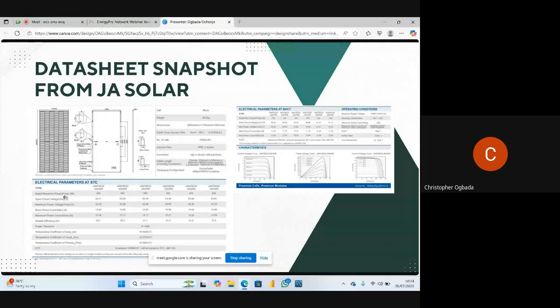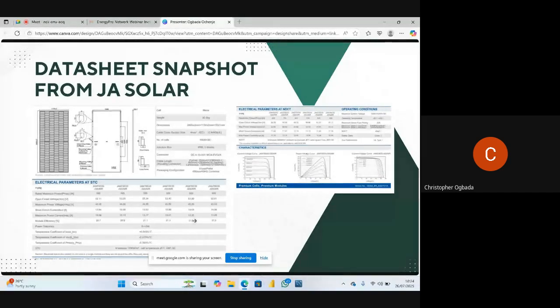Here, they've given you the rated maximum power for each of them. They've given you the open circuit voltage. They've given you the maximum power, which I've explained before, the short circuit current, the module efficiency. Look at it. The highest here for JSolar is even 21.6. No, this is not to say that it is 21.6 of the 600 that you are going to get. You will get more depending on the irradiance.